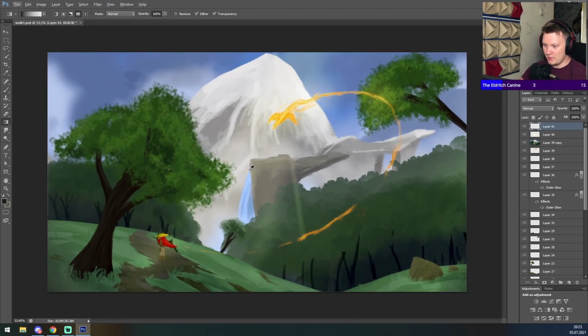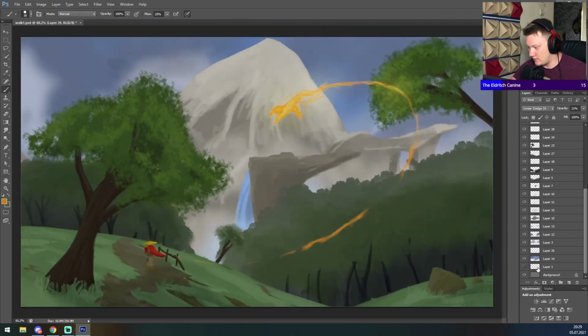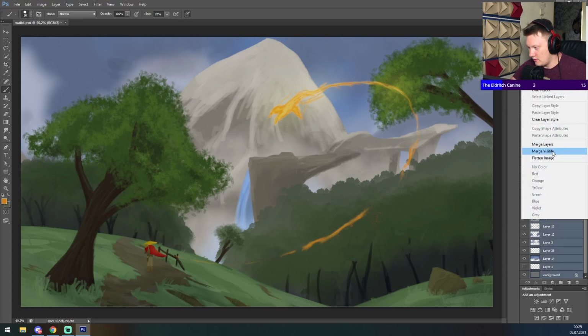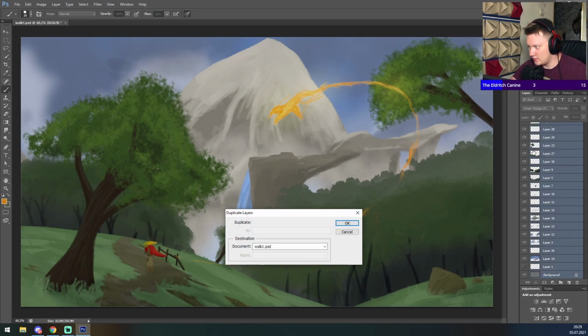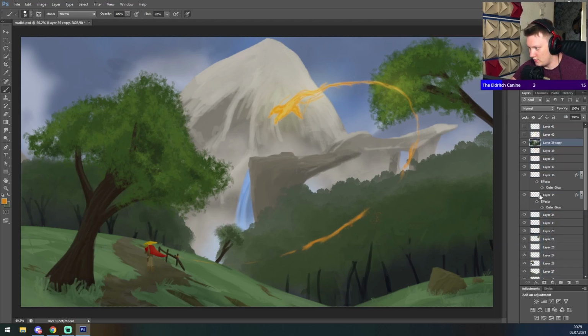Maybe you shouldn't be able to see the whole thing. So if you take this, bring it this way a bit, make it a little bit bigger because it's now closer. So if you take all this again, we duplicate it, boom, we merge it, boom,